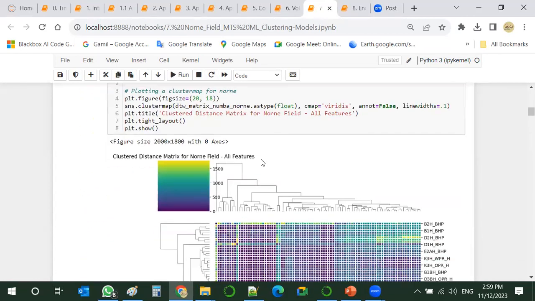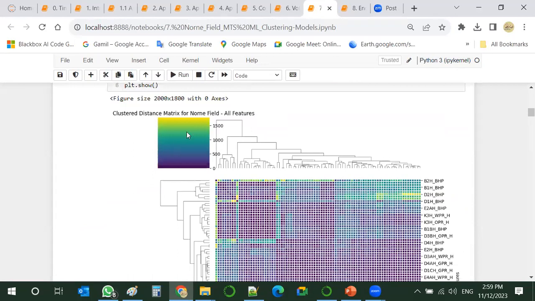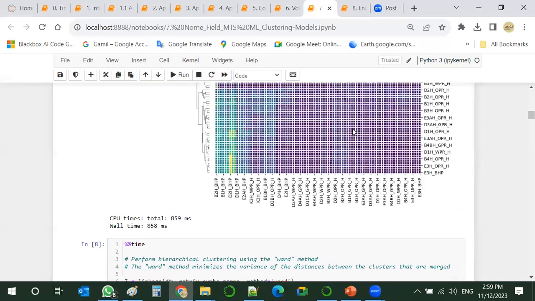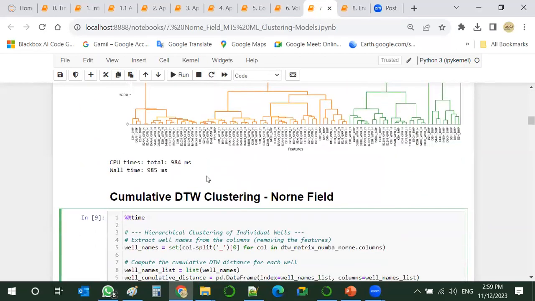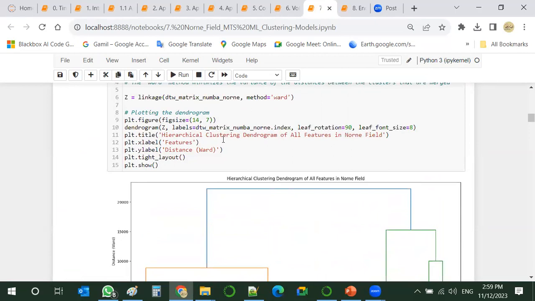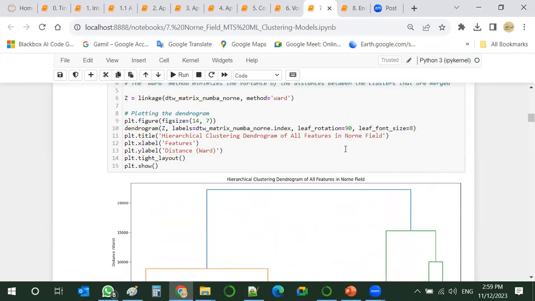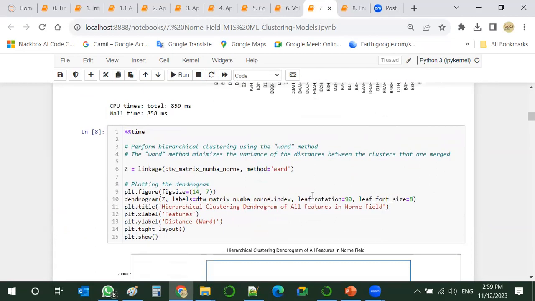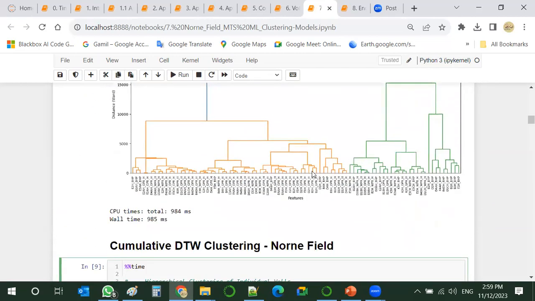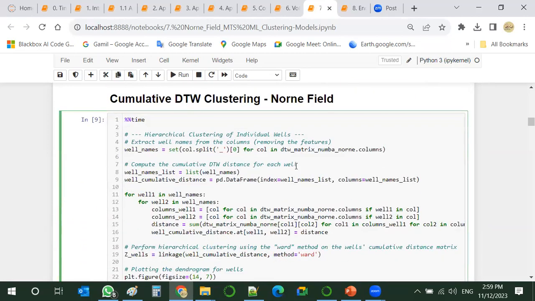It ends up with this distance matrix. We can choose our dendrogram based on the features that we would like to test.